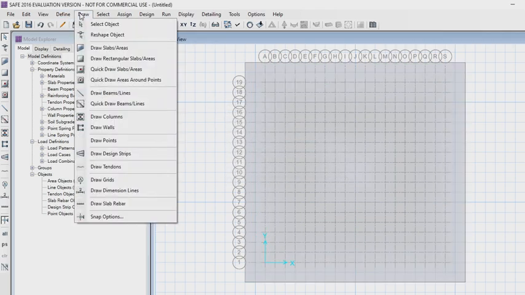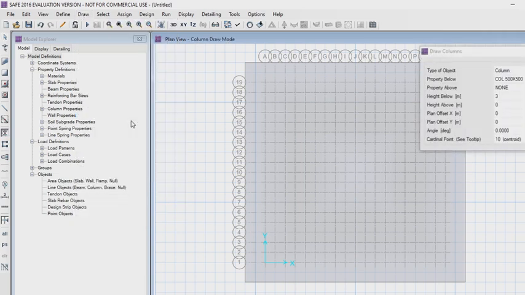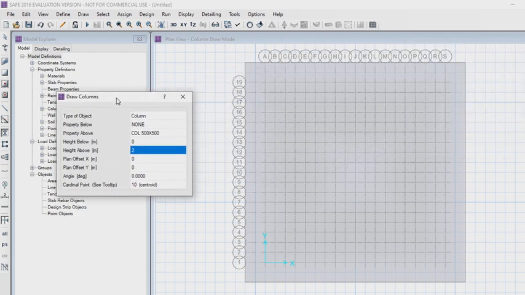Go to the draw menu and select draw columns option. The property below is none and property above is column 500 by 500. Height below is 0. Height above is 2 meters. Now draw the columns.